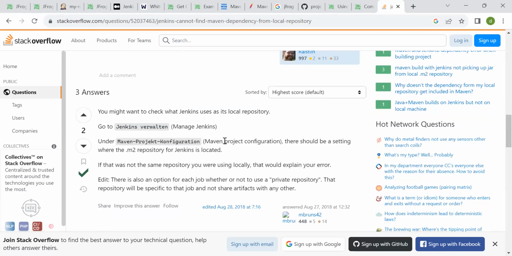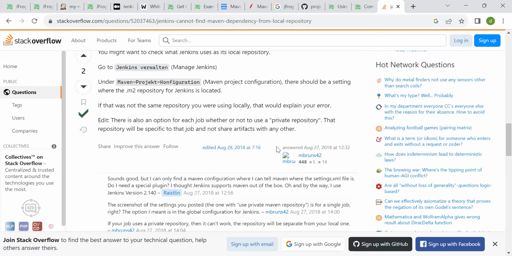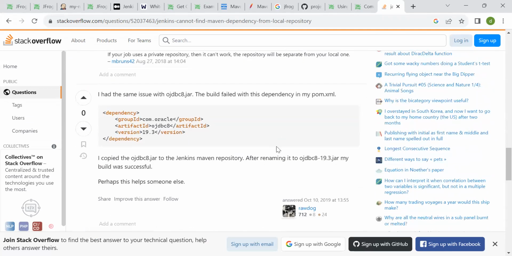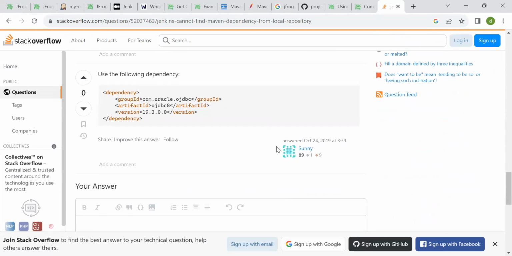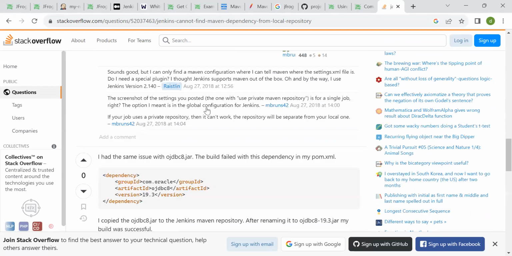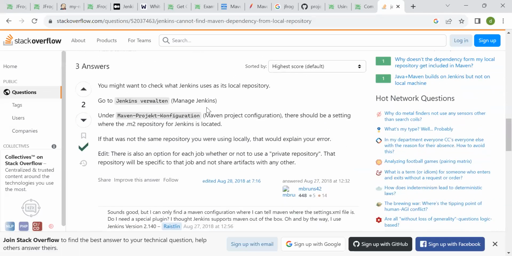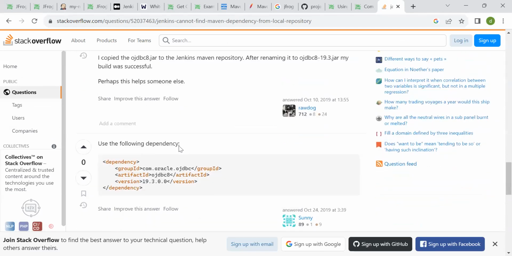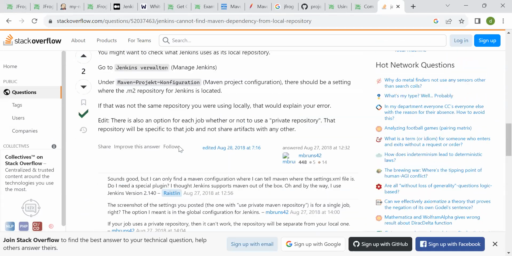Go to the Jenkins, minus Jenkins. When project configuration, the m2 repository where Jenkins is located. No, I don't want to use this way. These guys are saying, please tell the Jenkins server where your configurations are present. Okay, either you need to configure that way, or